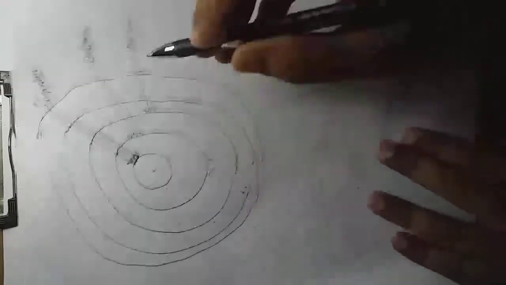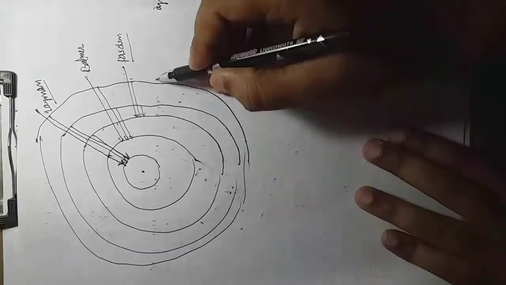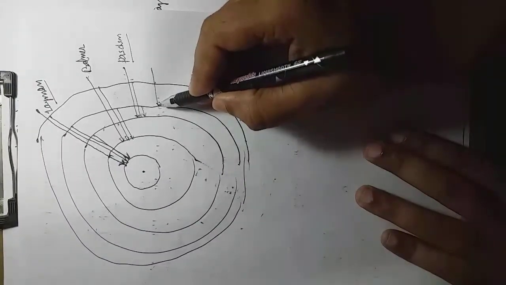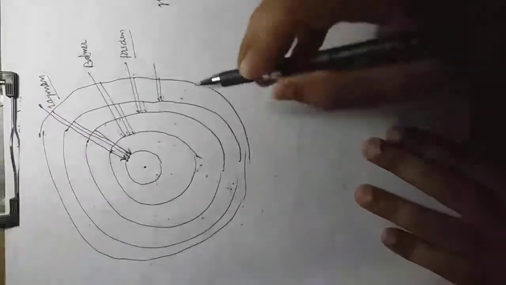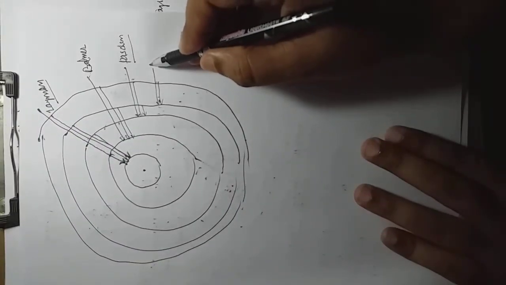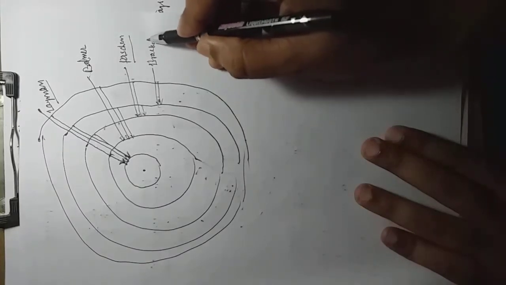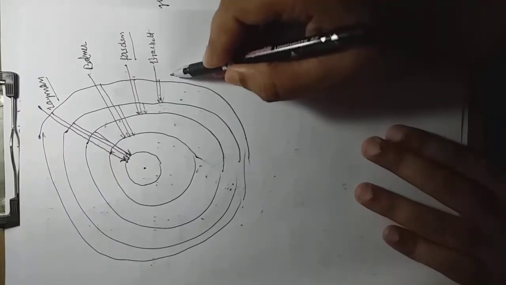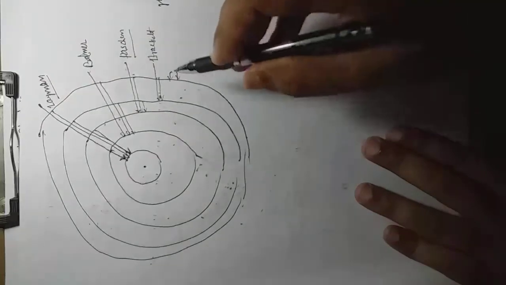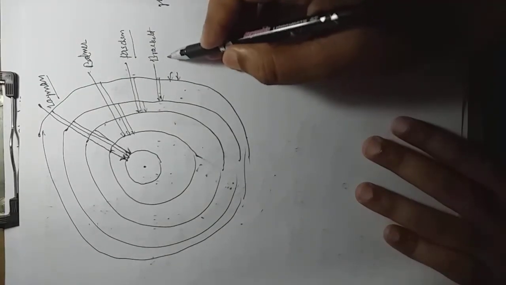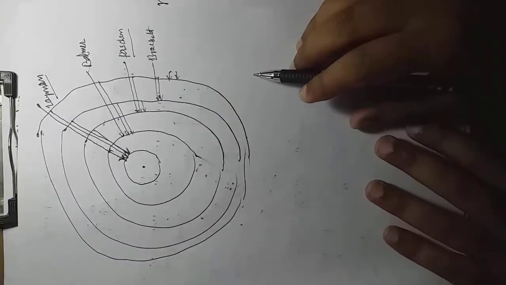Similarly, you can do for the Brackett and Pfund series. Same as what you will do: the ray of light is coming from infinity to this position. It is called the Brackett series, and the last one is the Pfund series. And whenever you require to find its energy difference, you will just get an idea.